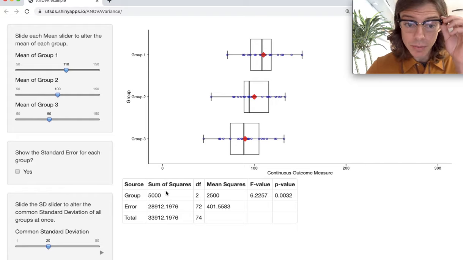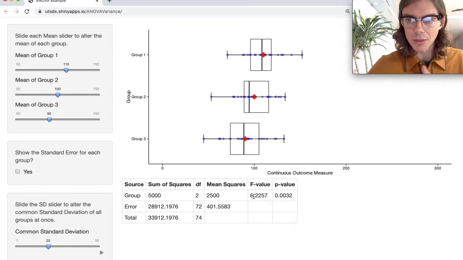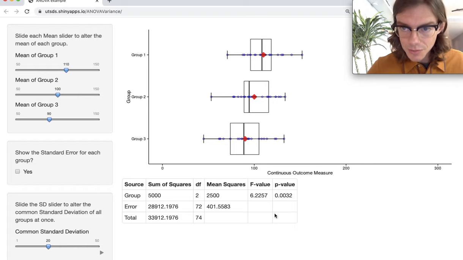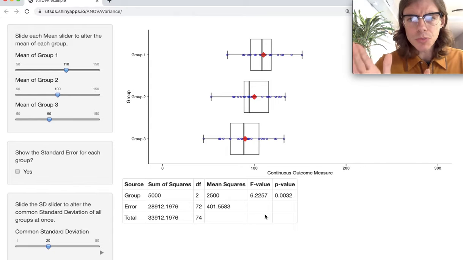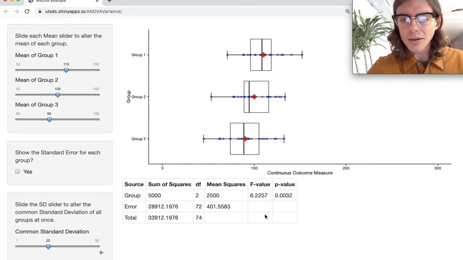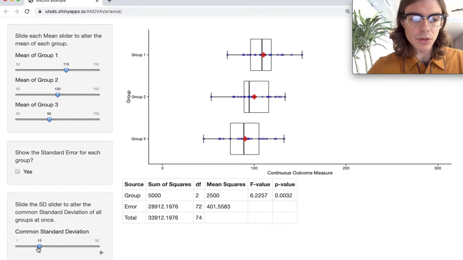And that's reflected in this bigger between sums of squares, bigger F statistic, right? Now the ratio of signal to noise has gotten bigger. There's more signal relative to the noise. And that p-value has gotten smaller, right? So in general, the take home here is the more spread out your groups are, the more spread out their means are, with respect to the amount of noise there is, the bigger the F statistic and the smaller the p-value, right? I mean, you can think of something crazy, like if you imagine we had very little error,